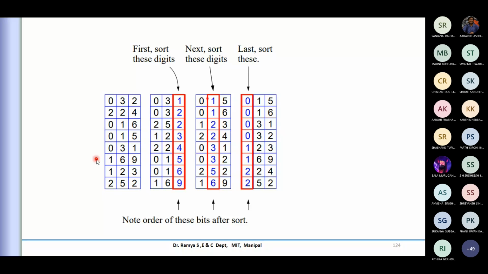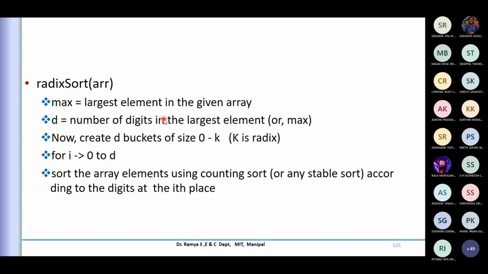You have seen that it can work with any radix. We have given one example with binary, one with decimal. We'll try to take some more examples. This is the algorithm that will go for any radix system. First and foremost, it will find the largest element in the given array. Why do I require this? I have to represent all the numbers in that many digits. So using this largest element, we find the number of digits to represent it. That is the bucket I am referring to.